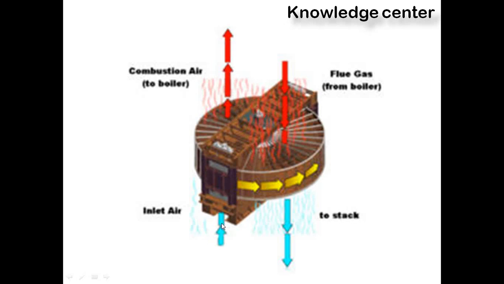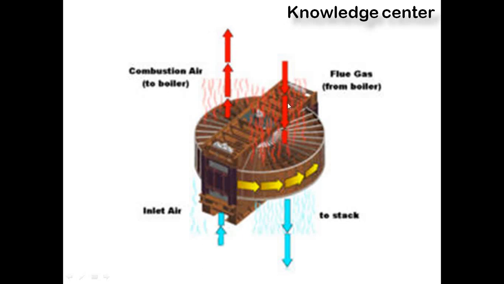So we have natural air here, in blue color, and when it passes through this regenerative preheater, we get hot air, because this high temperature comes from the flue gas. So this rotor is absorbing the heat from the flue gas, and those rotor vanes will come into this air chamber, the air component, and here they will transfer that heat to the air, and that air will get heated up and then be given to the boiler. Then again it will be rotating like this.